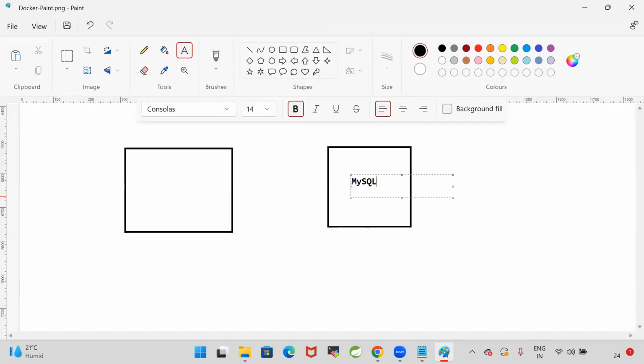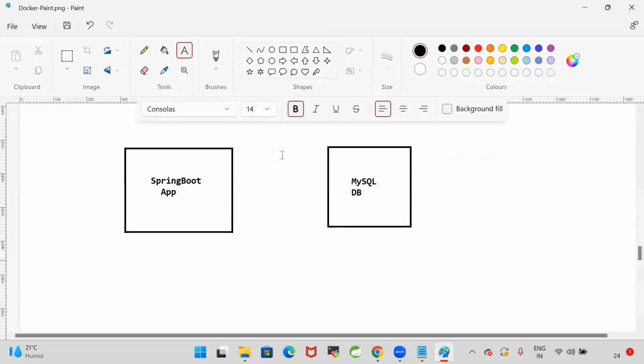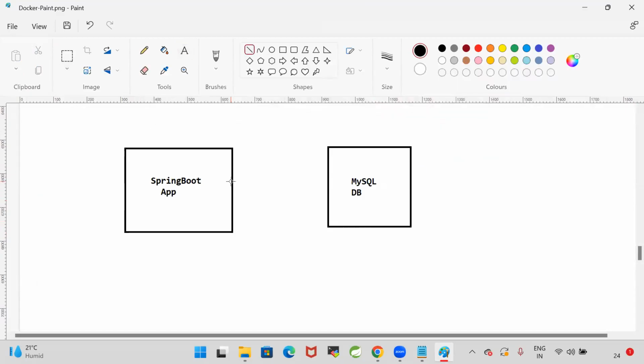This Spring Boot application should connect with the MySQL database to perform the operations. Got it? For the Spring Boot application, I'm creating one Docker image by using a Dockerfile,